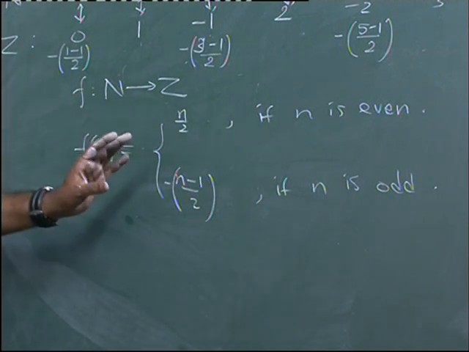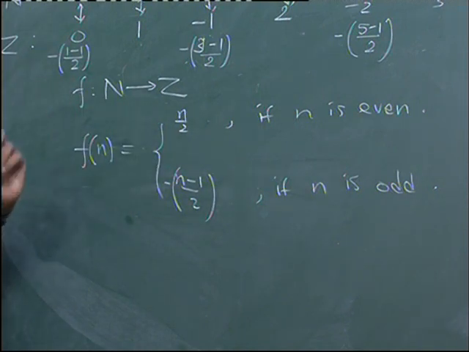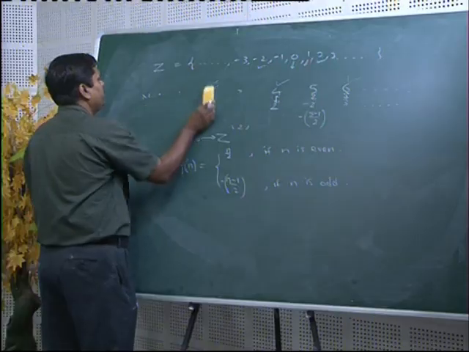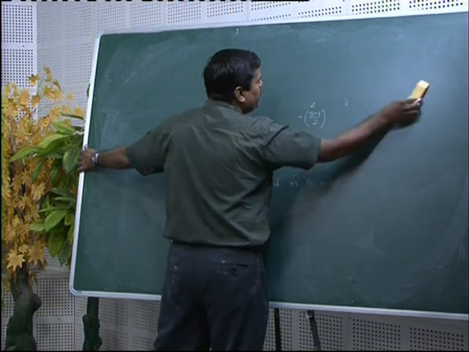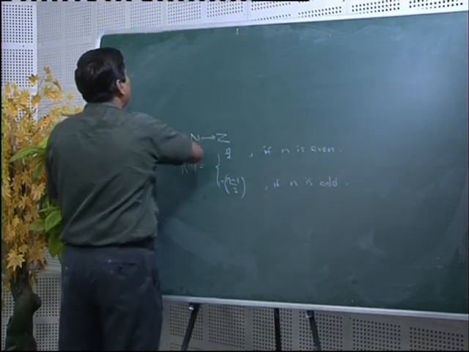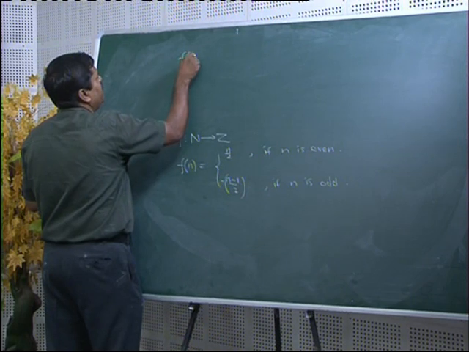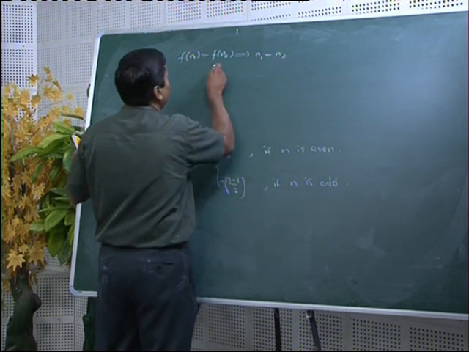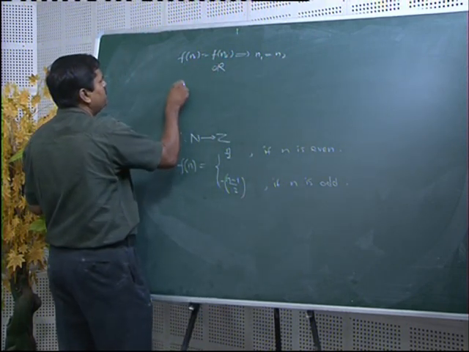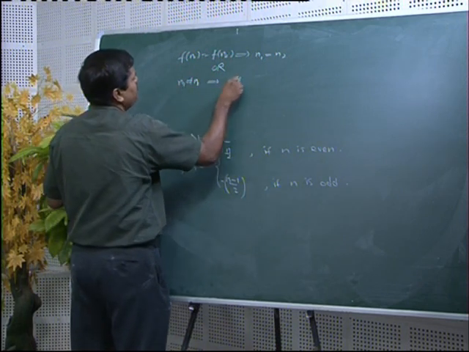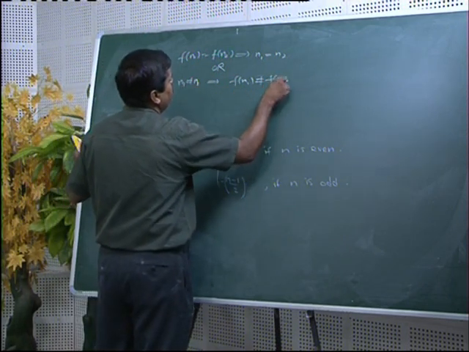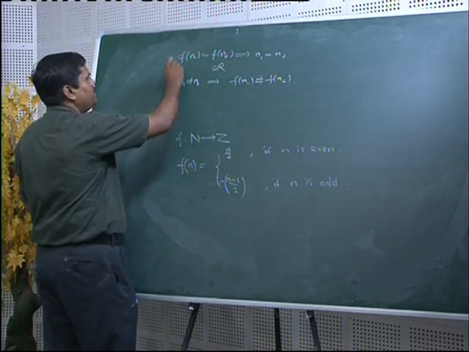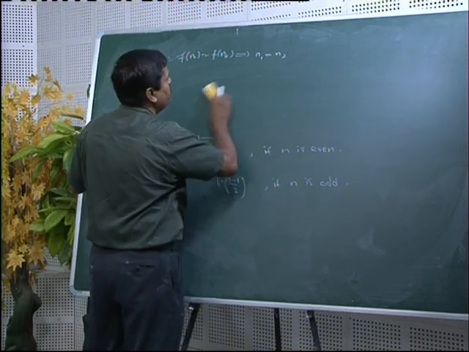now it remains to show that this correspondence is 1 to 1 correspondence. So, I will prove that this function f is 1-1 as well as onto. Let us see how it becomes 1-1. You know the definition of 1-1 function. There are two ways you can prove 1-1, either this condition f(n1) is equal to f(n2) implies n1 is equal to n2, or equivalently taking the contrapositive, n1 not equal to n2 implies f(n1) is not equal to f(n2). Okay. So, I will prove with this first statement f(n1) is equal to f(n2).